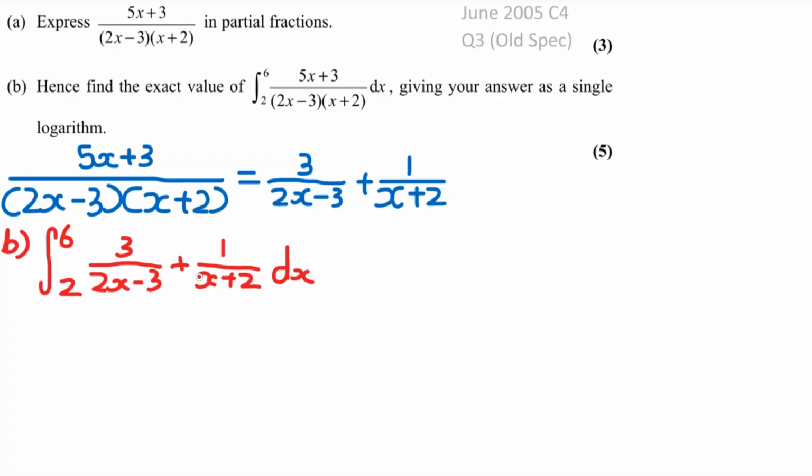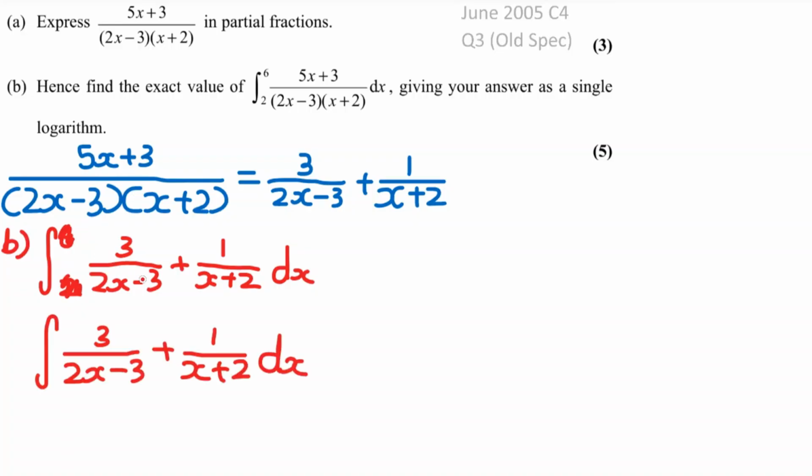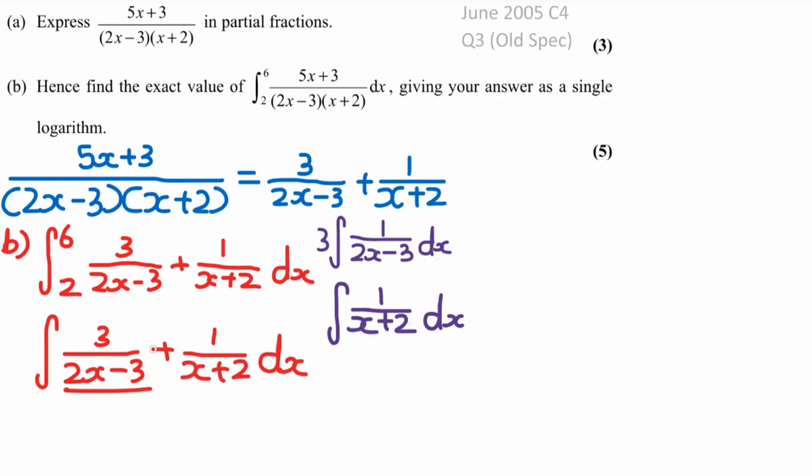Now this is a definite integral, and I've talked about this before with definite integrals. These limits here, 2 and 6, we don't actually need to worry about them for now. Firstly, what we actually need to do is integrate this 3 over 2x minus 3 plus 1 over x plus 2, and then we just plug these limits in at the end. So let's firstly focus on integrating this. So we have two terms here. So if we focus on them individually,